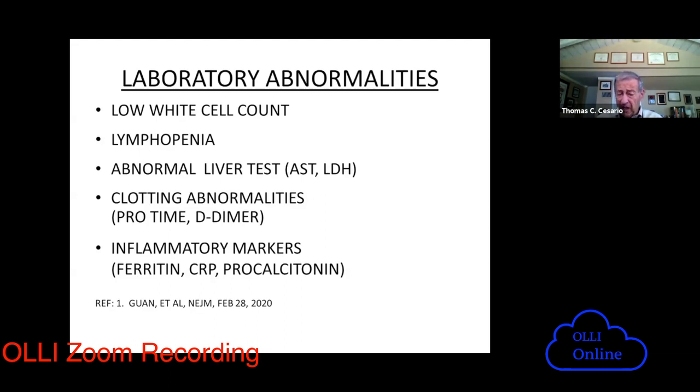But we also know it's common, particularly as oxygen levels go down, to have other signs of inflammation. We know that liver tests can become abnormal. As inflammation starts to proceed, probably in everybody who comes to the hospital there is some inflammation, but those who get sicker tend to have higher levels of inflammation. And we can detect that sometimes from some of their blood clotting factors. That's what protime and D-dimers are, ways of assessing some form of the clotting mechanism.